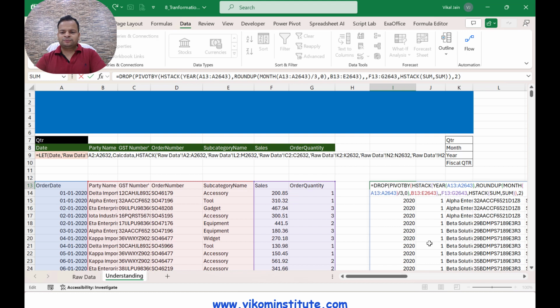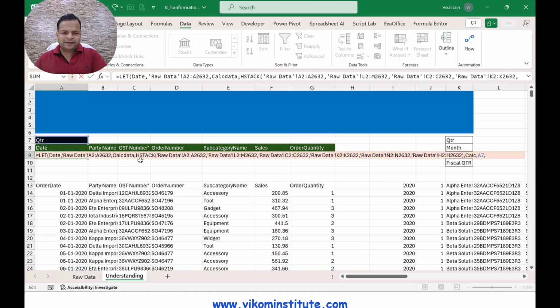Now if you will see the first one here, H13 and 2643 is your date column, and this one is your date column. So we have already recognized this. And if you are thinking about this one, B13 to E2643, what it basically is, it is other columns, and here we have two more columns, so we can consider two more variables here. So I'm going to deal with it.